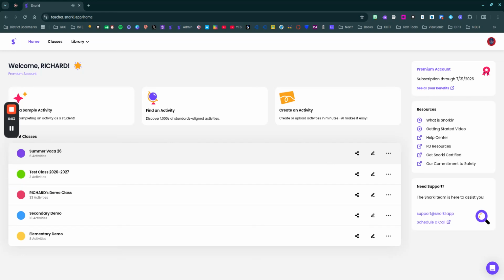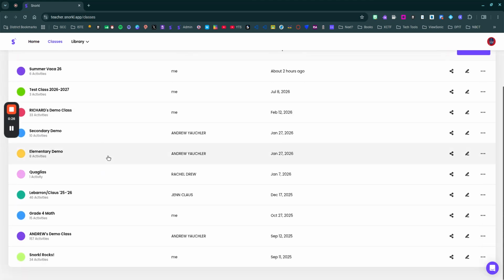Let's take a peek at the teacher dashboard in Snorkel after an activity is complete, and some information and feedback you can get from students, some feedback on your own instruction, right? Their responses are feedback for your instruction, and then just some ways you can gather data to plan for future instruction. So the way to do that, go to your classes, and then I'm going to pick a class that